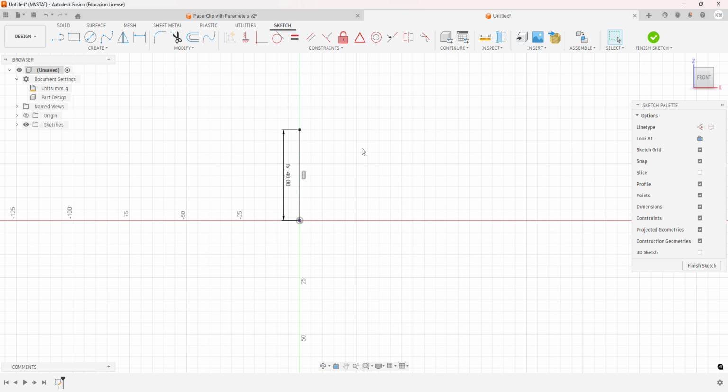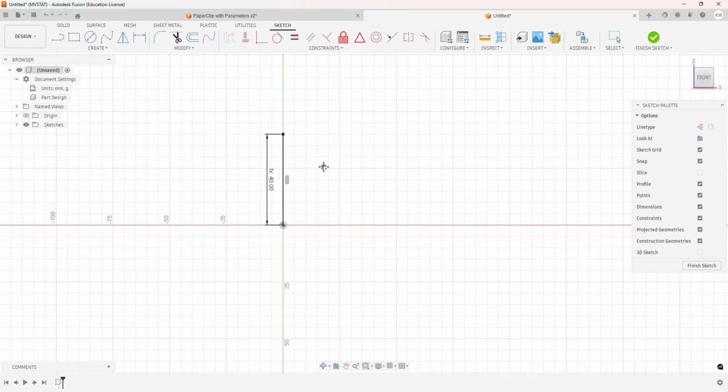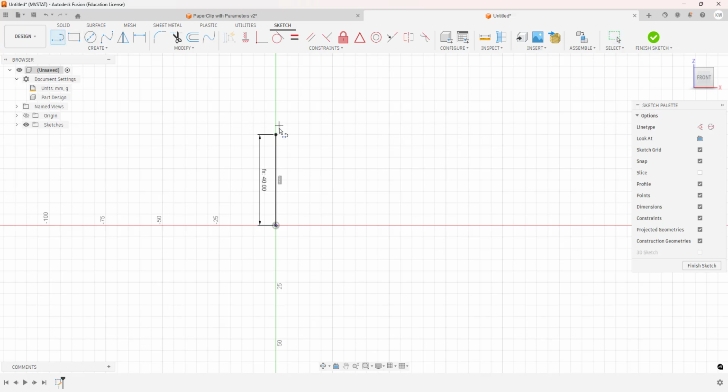Now I'm going to come over here and make the second line that goes down further than the original one. So I'm going to create another line. I'm going to come over, and really it doesn't matter how far I drag over. I'm going to add a parameter for that as well. It goes straight, so I'm going to bring that down. Does not matter how far. Then for that height, well, let's start with the distance. I'm going to just go from this line to this line, and for that distance I am going to do the base height